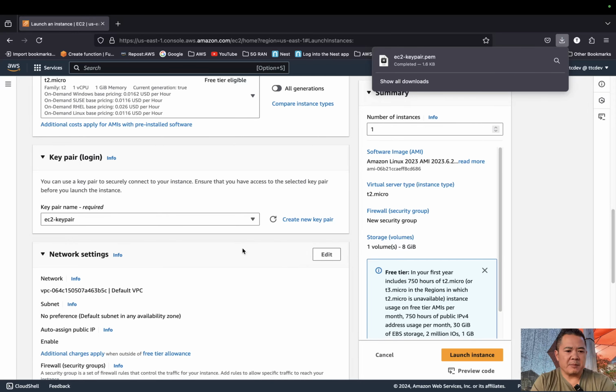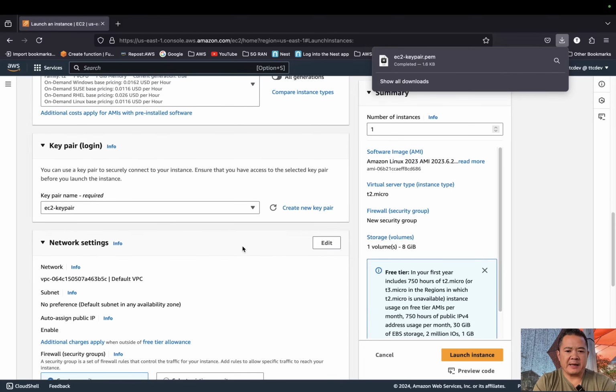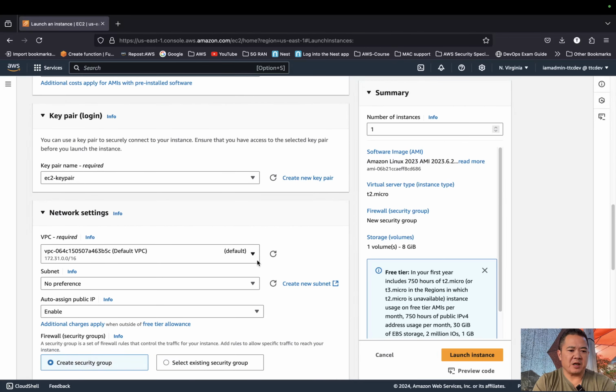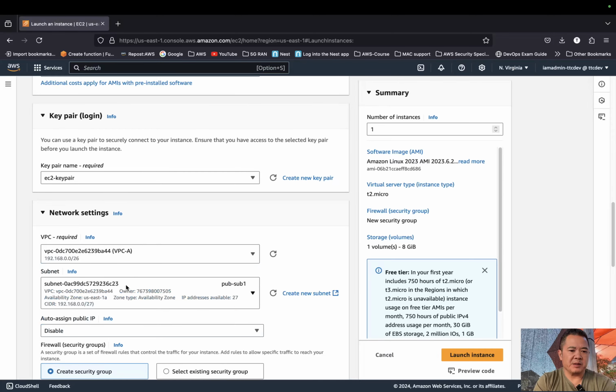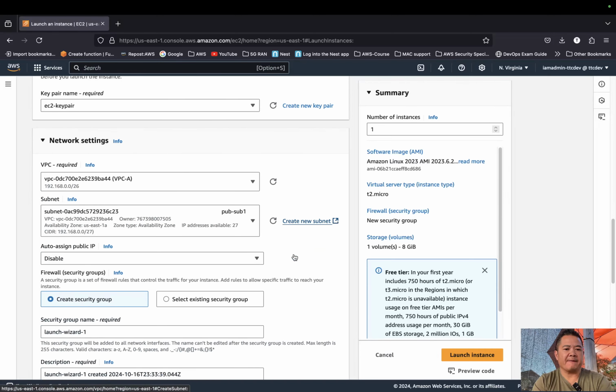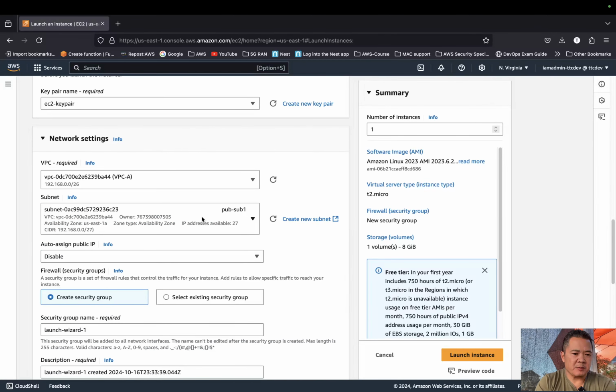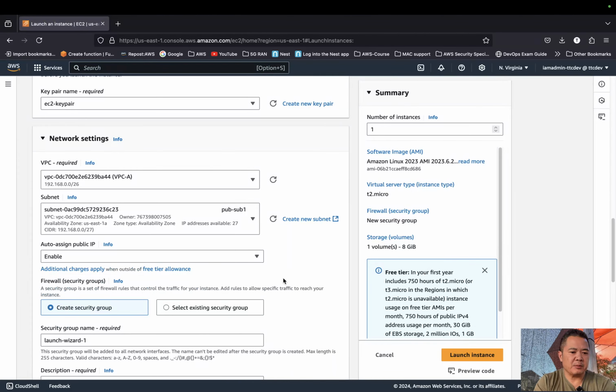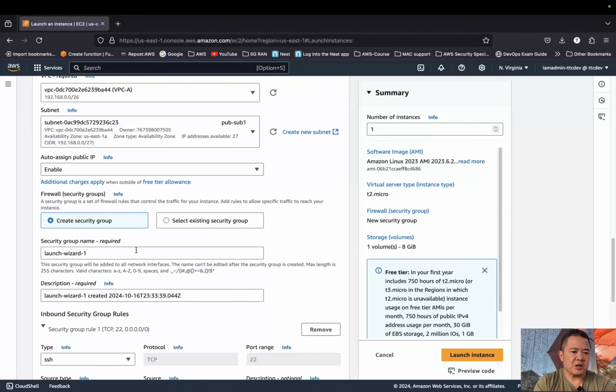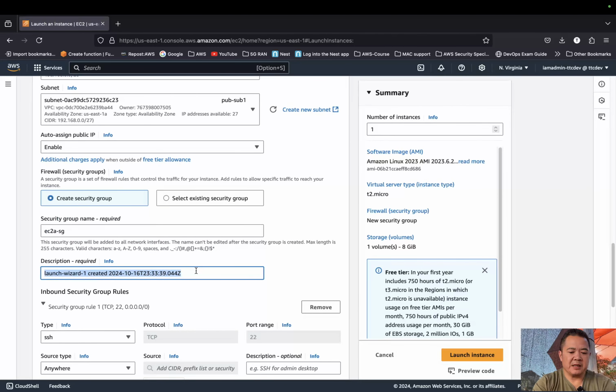Okay, key pair has been created there, and then now I'm going to assign that EC2 to be in the VPCA environment. All right, I'll choose VPCA there, and the public subnet is already chosen for me by default, so that's good. Okay, I want to assign a public IP address to the EC2, so I'll click enable, and now I want to create a security group. I'll call it EC2A-SG, and I'll just give it a name,